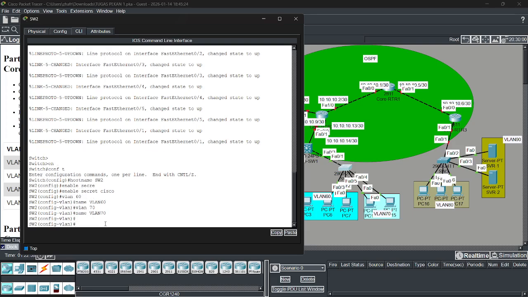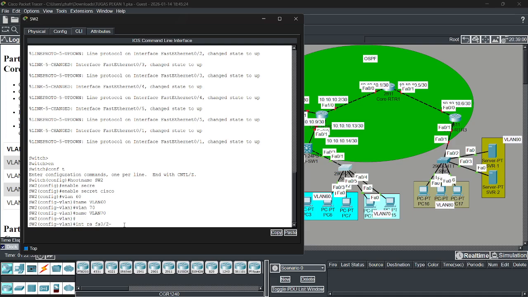Okay, and then we add all the interfaces to VLANs. Okay, interface range is 0/2-3, I guess, right?